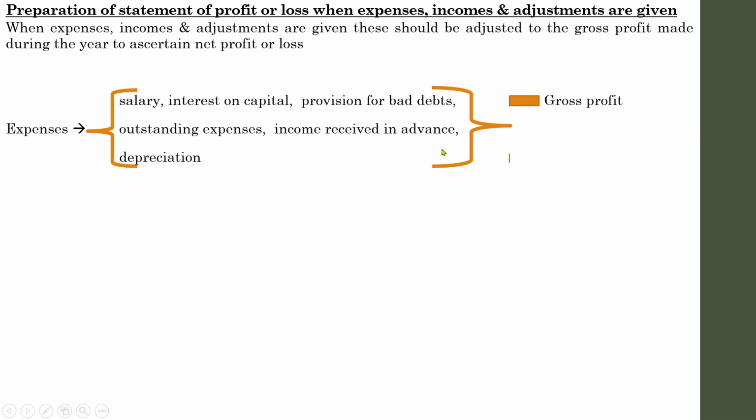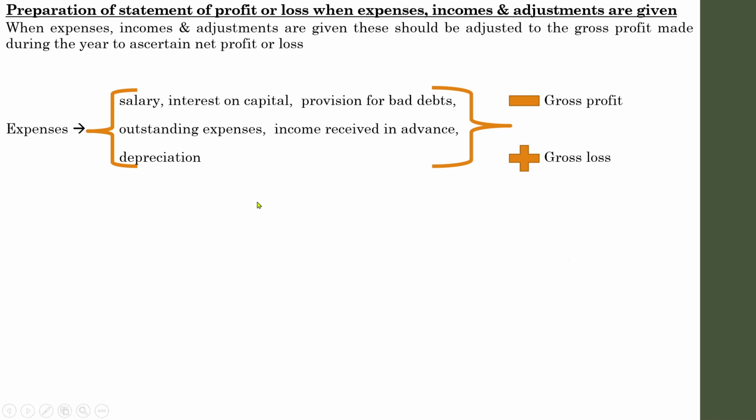While preparing a statement of profit or loss, if you come across a gross loss, that means if you deduct the opening capital from those items, you will get a negative value. If you are getting a negative value, that is known as gross loss. So from the gross loss, you need to add back these items. So this is with regard to the expenses that have to be adjusted with gross profit or loss. Next one.